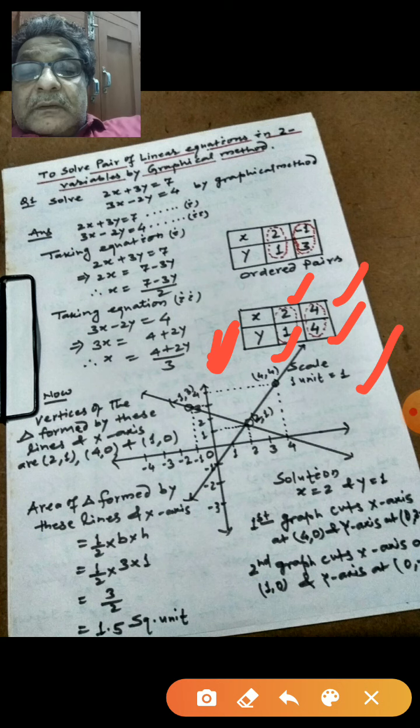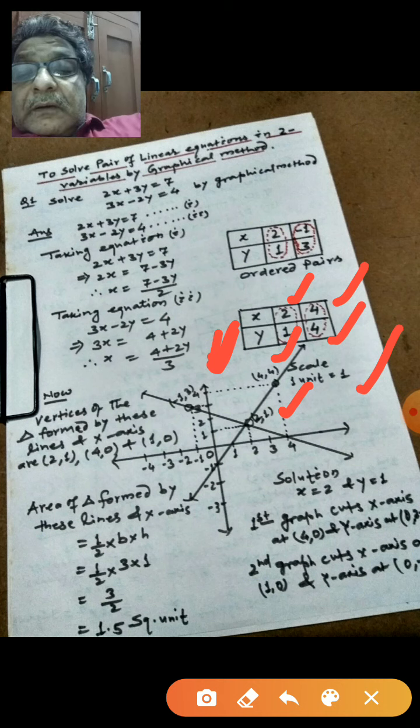Here, as it is written, 1 unit equals 1. So this is the scale. Although this should be drawn on graph paper for a better result, I have drawn it on plain paper, so it is just approximate, very near to the graph paper, but students, you are suggested to draw this on graph paper. Now for the first equation, we will first plot the points 2 comma 1, here x 2, y 1, then